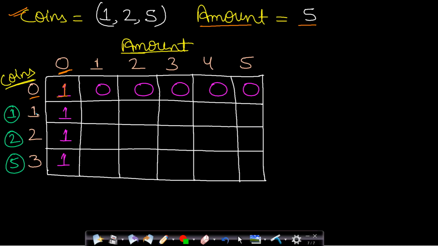Before starting, I would like to say that in these rows, I am writing in green color the coin denomination, and these 1, 2 and 3 are nothing but indices. So 1 indicates the first coin, 2 indicates the first 2 coins, and 3 indicates the first 3 coins. I have written the denominations like this: if you have just included the first coin, then you will have just 1. If you have included the second coin as well, then you will have 1 and 2. If you have included the third coin as well, then you will have 1, 2 and 5. Okay, so this is how we will be solving it.